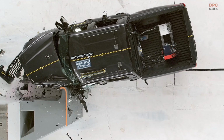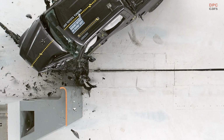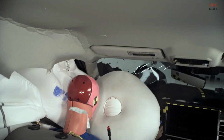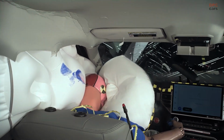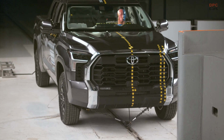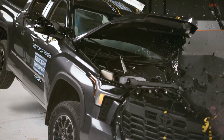The Tundra is available with good or acceptable headlights, depending on the trim level, as well as a standard front crash prevention system that earns superior ratings in the vehicle-to-vehicle and the daylight vehicle-to-pedestrian evaluations. The popular pickup also earns an advanced rating in the nighttime vehicle-to-pedestrian test, though that evaluation is not a requirement